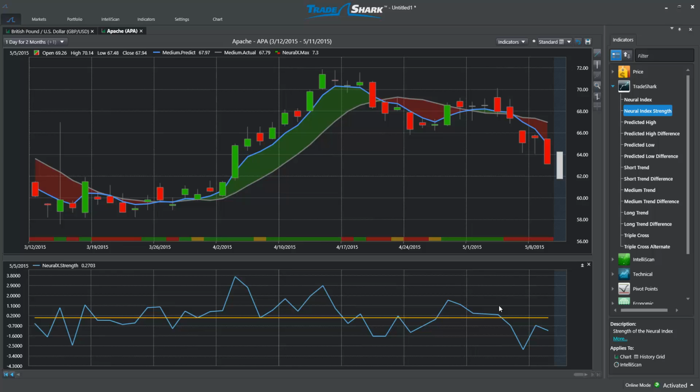Whether you are a swing or day trader, TradeShark's consistently accurate short-term forecast can help you put the odds strongly